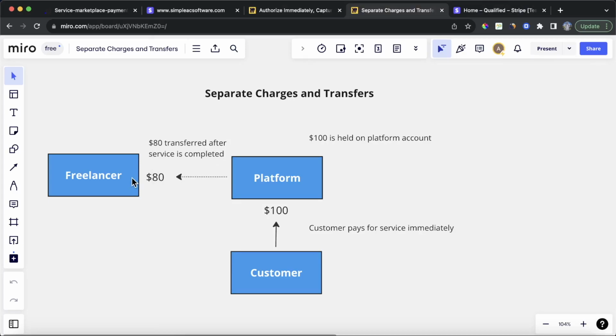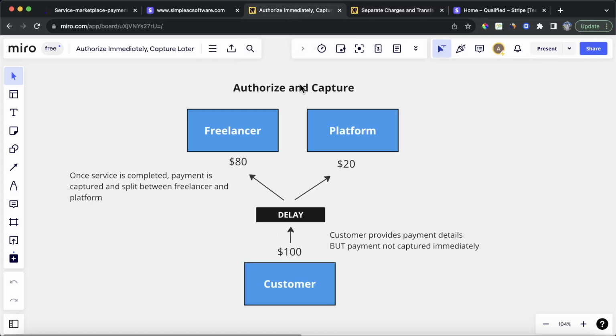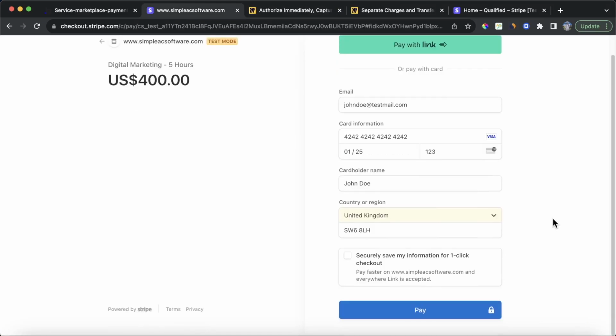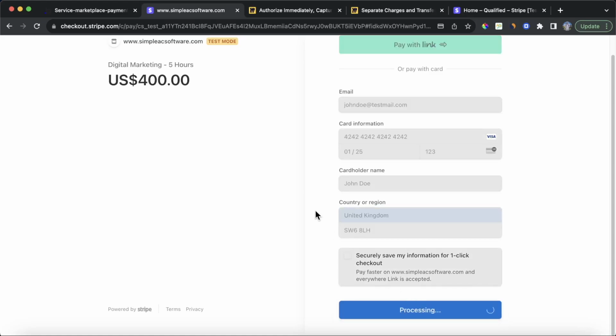There are pros and cons to both of these methods, and I'm actually going to go through them now before we actually start building out workflows in our Bubble editor. Maybe going back to the authorize and capture method, which is actually what we have here. So I might just fill these details out so you can see what this looks like on the Stripe side. Okay, so I have those payment details in, and I'm going to pay for that $400 worth of digital marketing